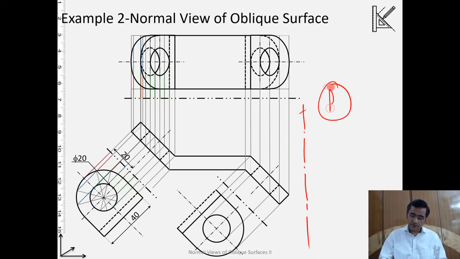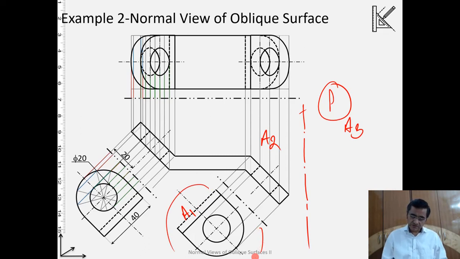That's the profile view which we are going to do over here. Again, this will become A3 where we are making the projection. Frontal will become A2 because we are drawing the projectors from A2, and the distances will be measured from the given auxiliary view.